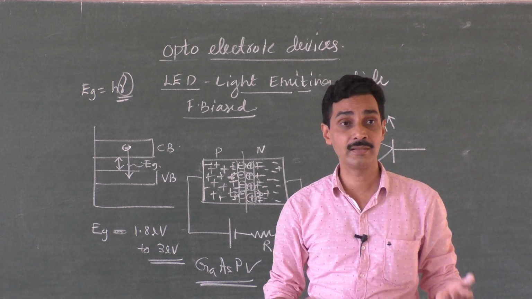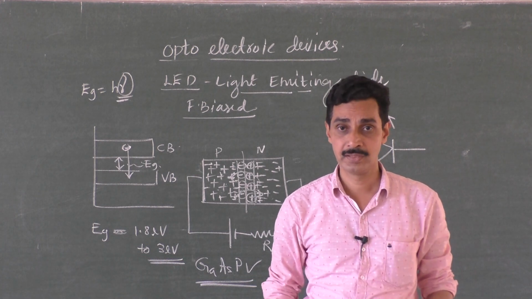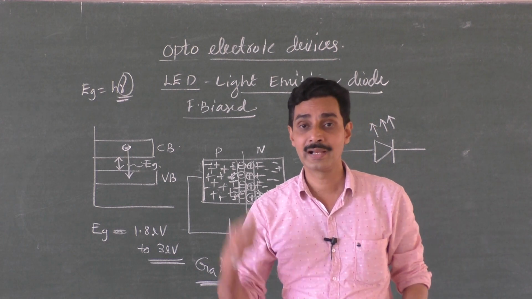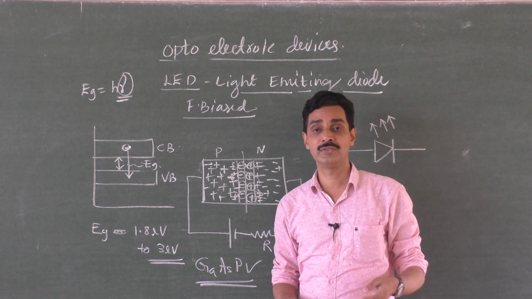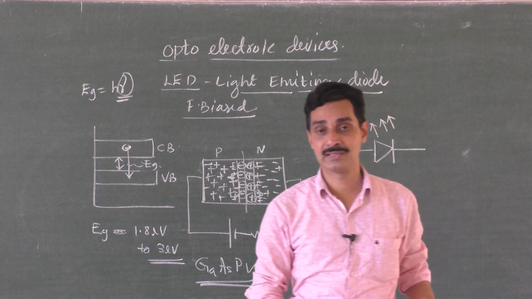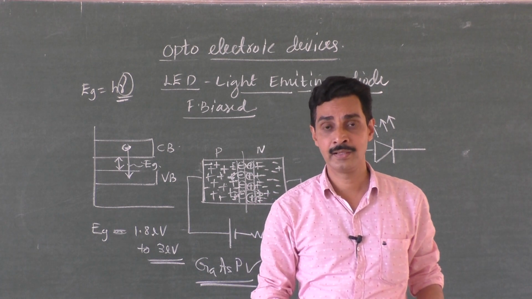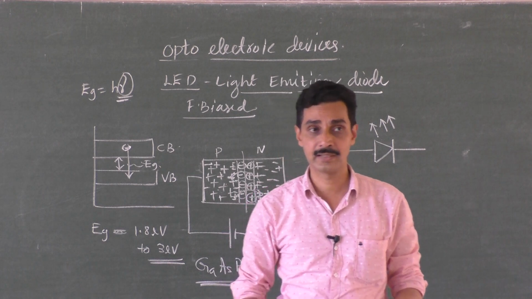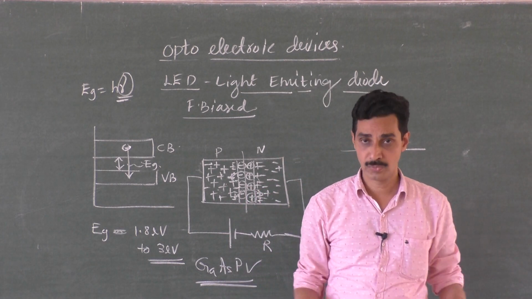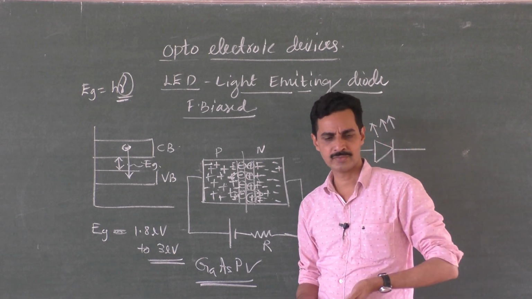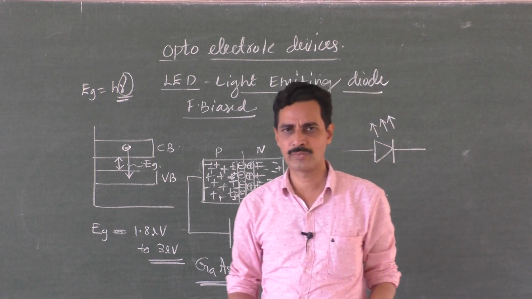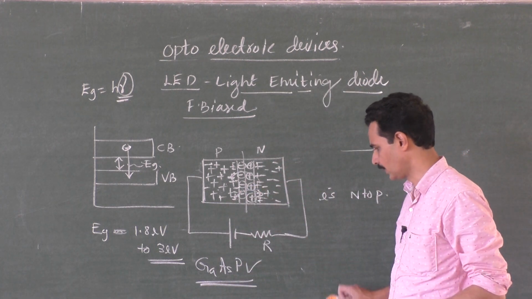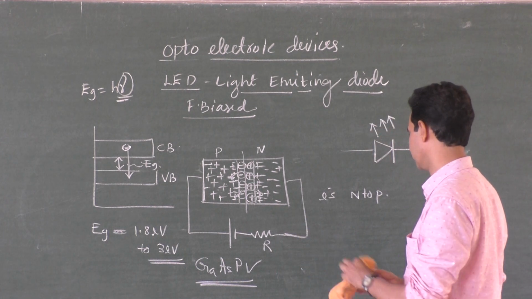Actually a bulb is used to get light energy, but heating is a part of the bulb, and that loss of energy in the form of heat is more in the bulb, whereas in LEDs the loss of energy in the form of heat is less, so consumption of energy is very less, right? And you will get more efficient light, and the light is monochromatic, sometimes highly monochromatic, and durability is more, and switching action is very quick, doesn't require warm up time like a bulb. So you can write all these as advantages of LED over incandescent bulbs.